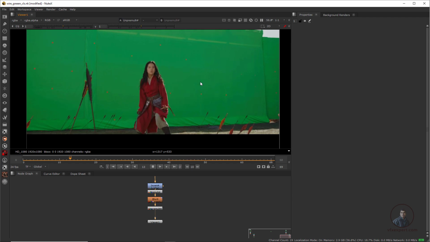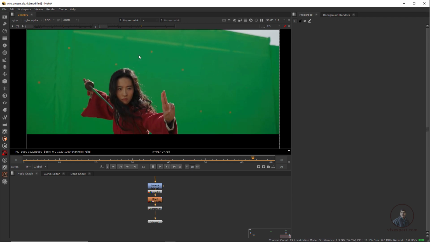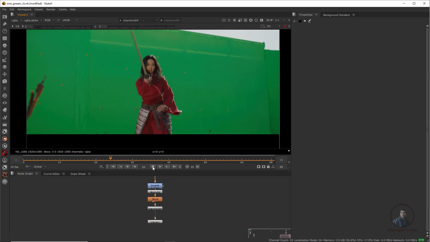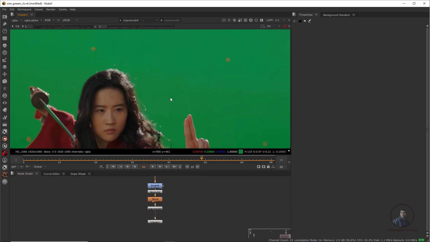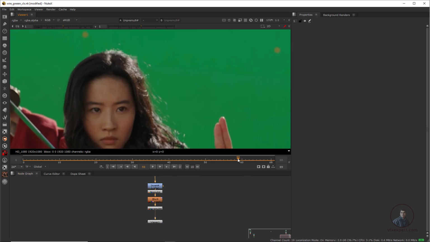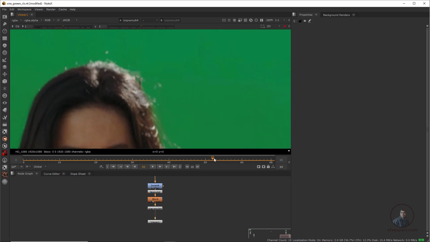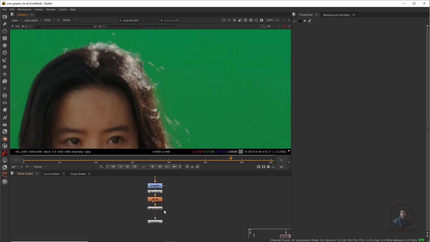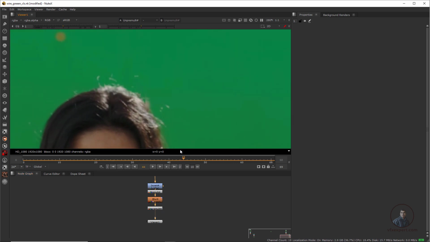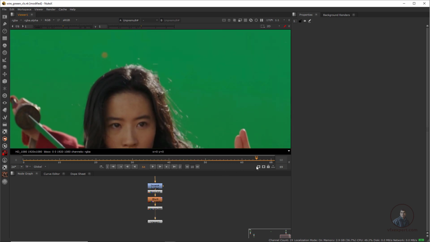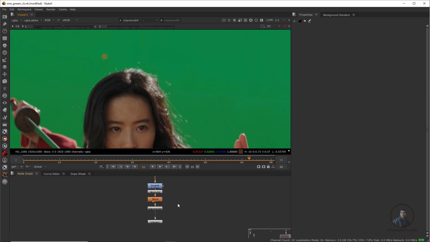So now guys, if you see here, we have successfully removed all these wires from our shot. Even in our edges, if you look, at the end we are getting some problems here, maybe a little bit here. We can fix this problem with the help of the roto paint node. Manually we can paint some frames here, because before this there are no problems, and some frames we have to paint manually. So we can take a roto paint node here.